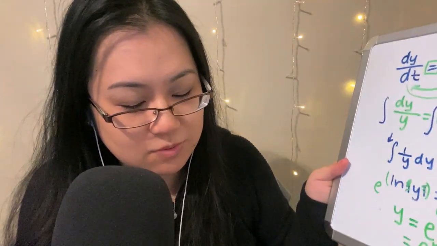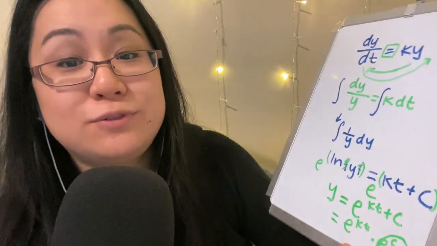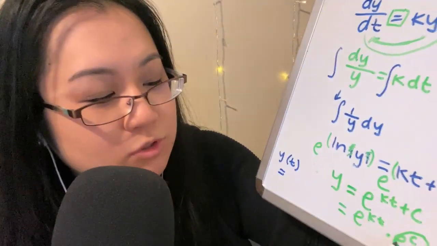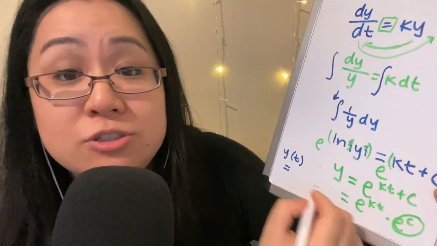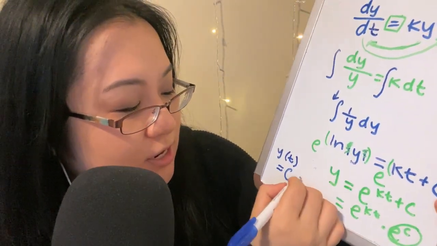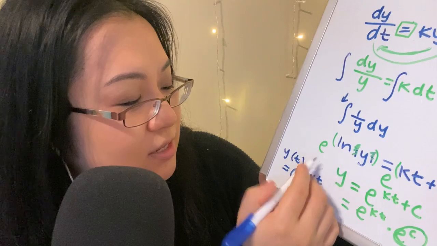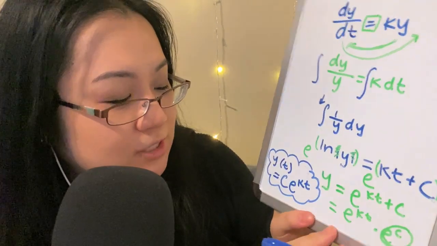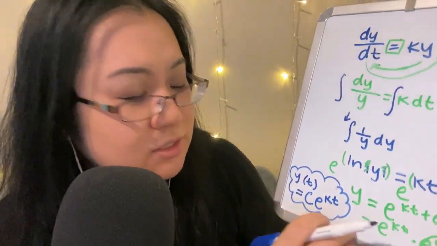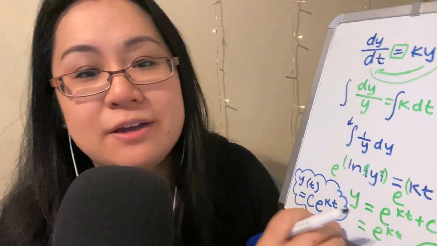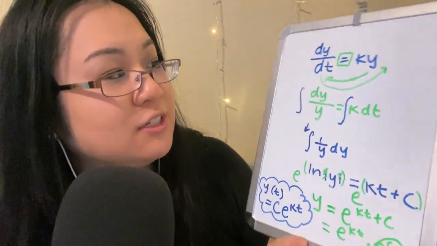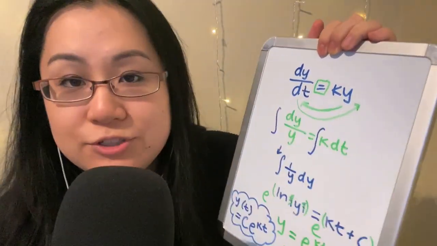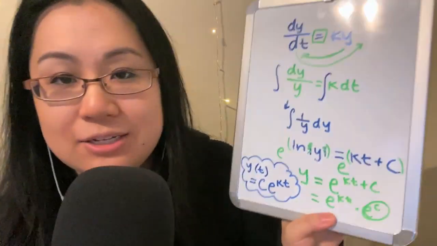This is going to officially be our final form: y as a function of t is going to be equal to, and we can write c3, or we can just generalize as c again, e to the kt. That is our family of formulas. So c can be any constant, and this is our family of functions that satisfy dy/dt equals k times my original function. So let's take a look at that.